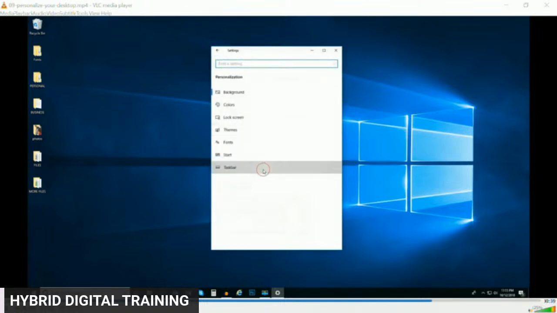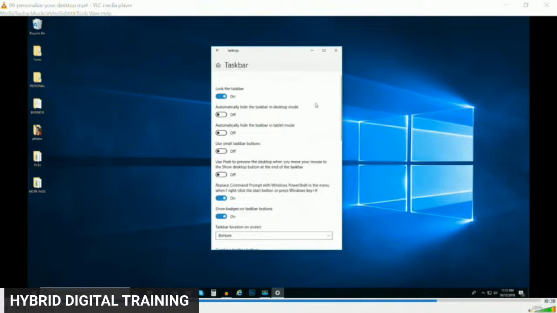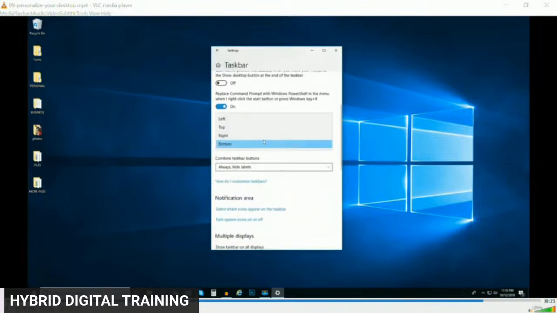Lastly, there is the taskbar. Within this customization menu, you can lock or unlock the taskbar. You can have the taskbar hide from view until you need it for something. You can make the icons in the taskbar smaller. This really helps if you've loaded your taskbar with shortcuts to applications. And if you want, you can move the taskbar itself to the right,